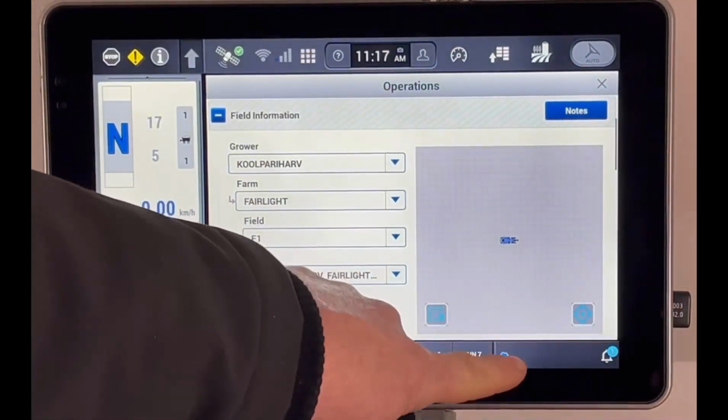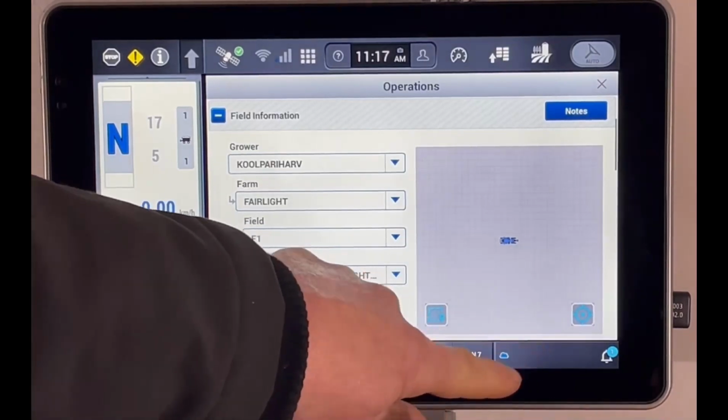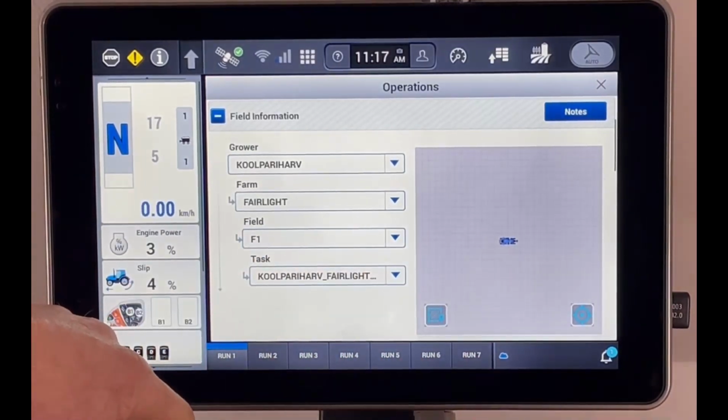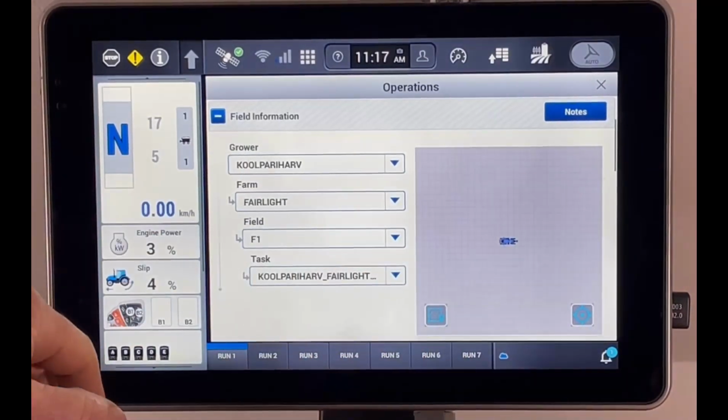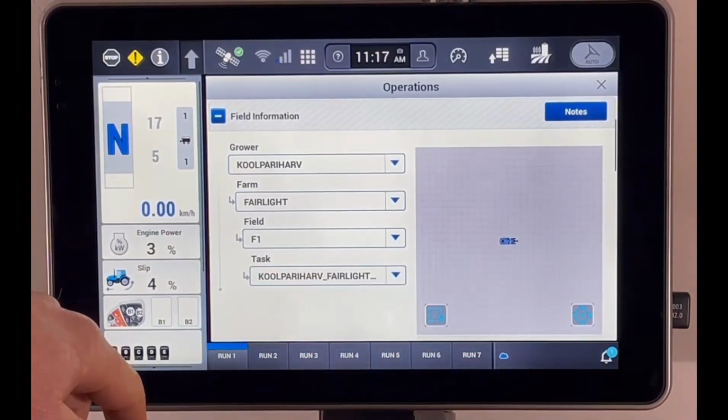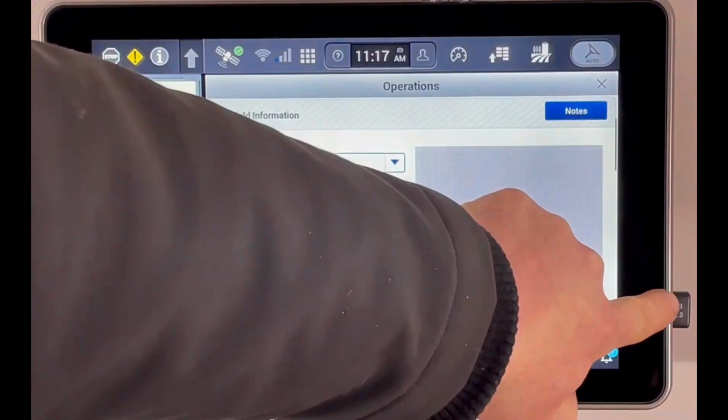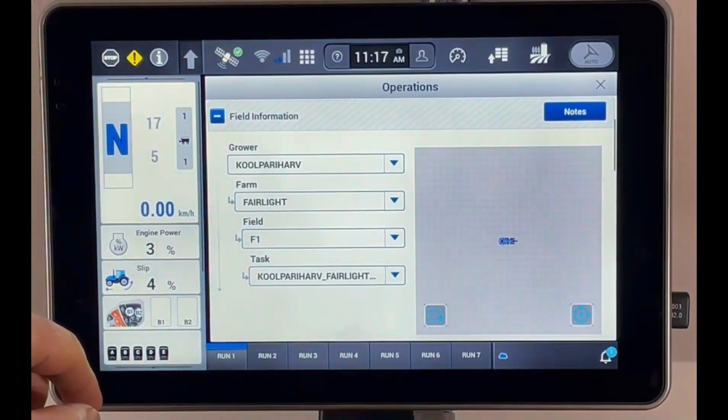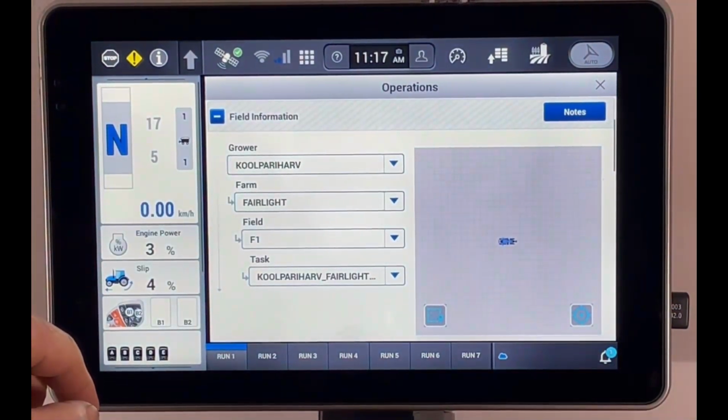the scroll bar. In the bottom right hand side there, this is our notifications area, and if we've got any data that's come to us via telematics, a notification will appear there. Notice we've got the USB stick plugged in. Always good to use the CNH approved USB stick. Leave that in the monitor all of the time, just as a backup,